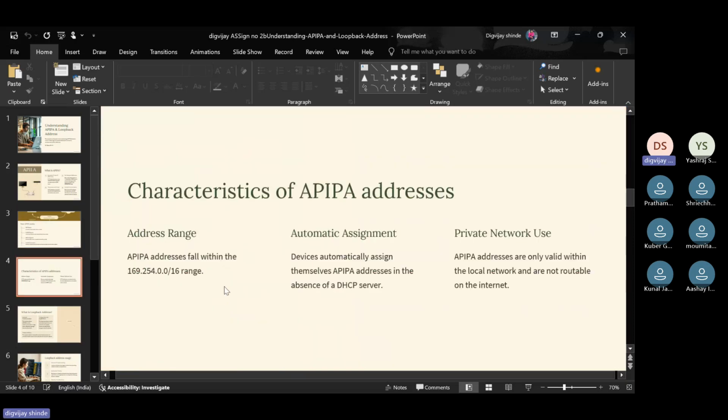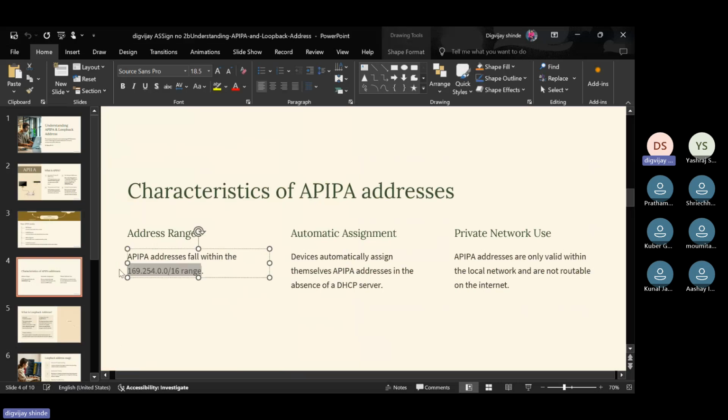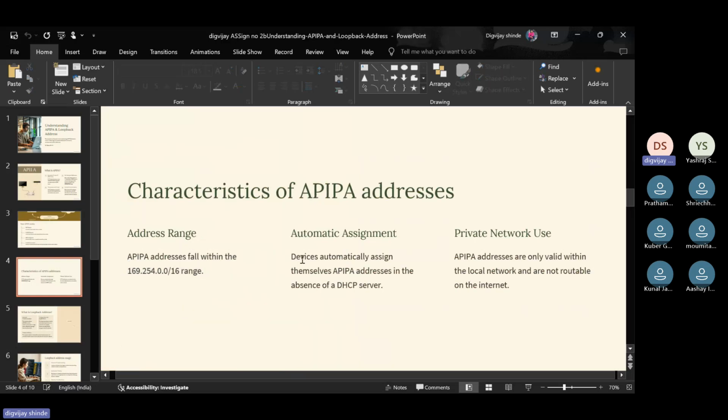These are the characteristics of these addresses: range, automatic assignment, private network use. The range falls within 169.254.0.0/16. For automatic assignment, devices automatically assign themselves addresses in the absence of a DHCP server. For private network use, these addresses are only valid within the local network and not routable on the internet.